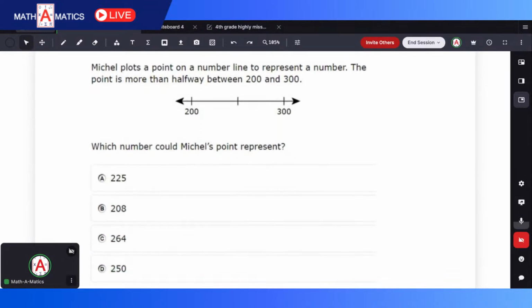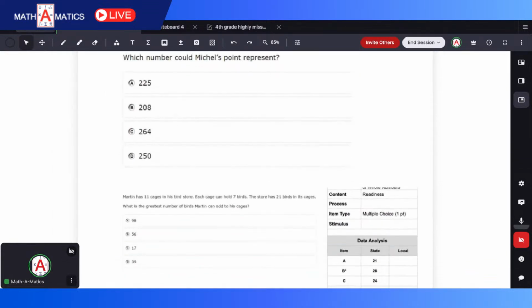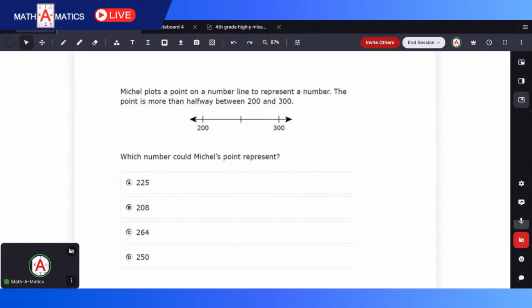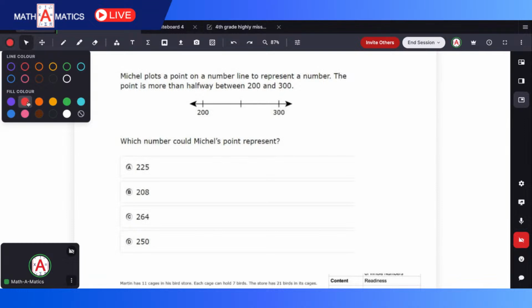I actually thought this was interesting, and I did not put the percentage for this one, but I chose only ones where it was like 30% of the state got it, 40% of the state got it. So it must have been around that. Michael or Mitchell plots a point on a number line to represent a number. The point is more than halfway between 200 and 300. So it's more than halfway. So we need to be